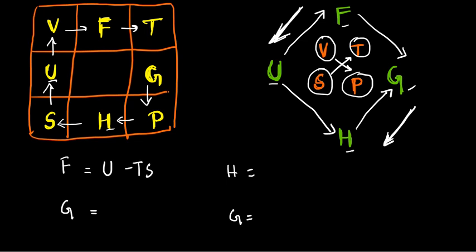Okay. Similarly, G is coming towards H by subtracting TS. So whenever F is coming towards U and G is coming towards H, we have to minus TS. Okay, so now next, if you see, H is going to U. H is going to meet U. And here, G is going to meet F. Okay, so when H meets U,